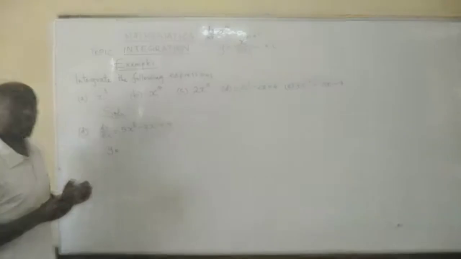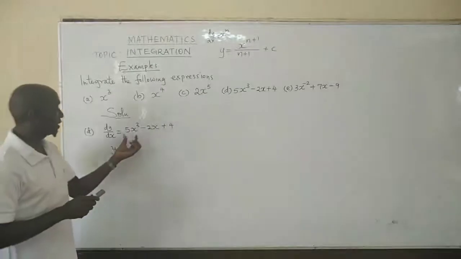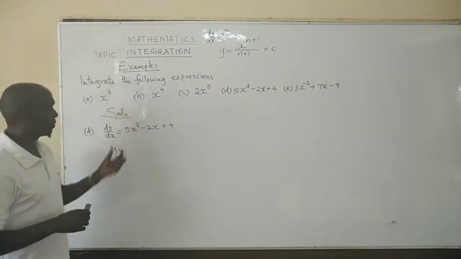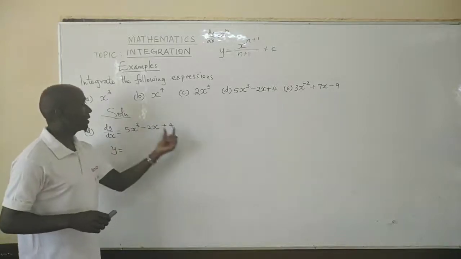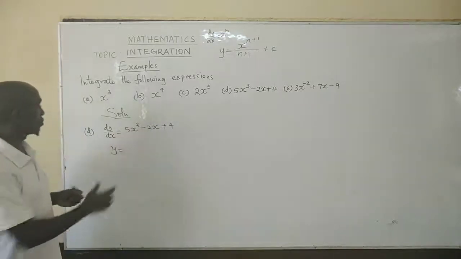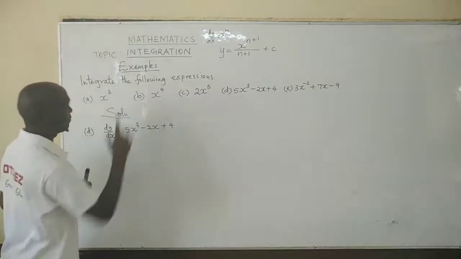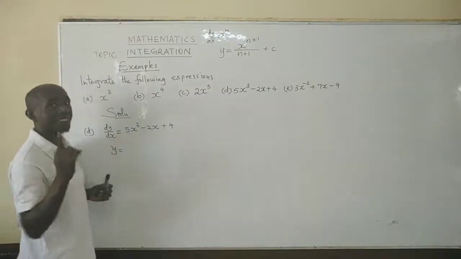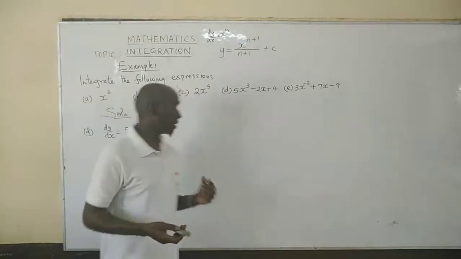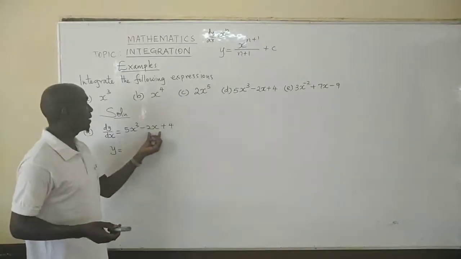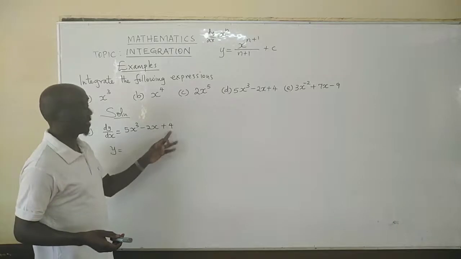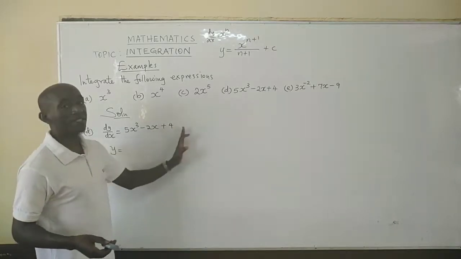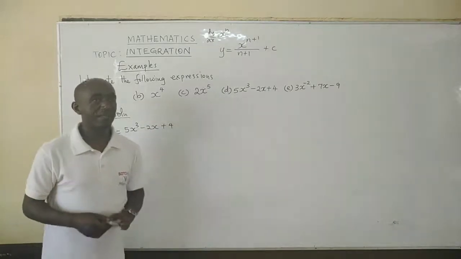Just like in differentiation, we integrate part by part. We integrate the first term, you go to the next term, and then the next term, like that. So let us integrate using the same formula. But plus c, I want us to understand this. Since we integrate this separately from this, we don't put a plus c here and a plus c here. We will put plus c at the end, my dear learner.